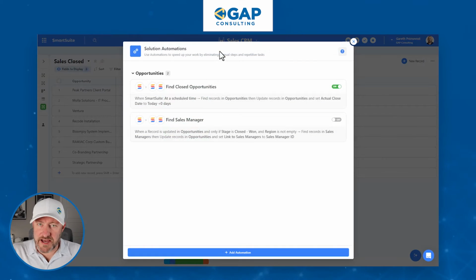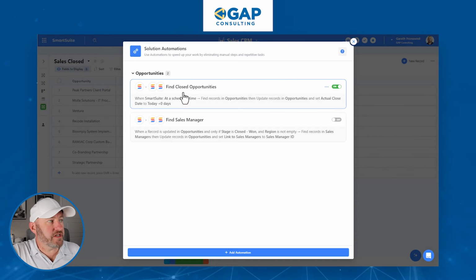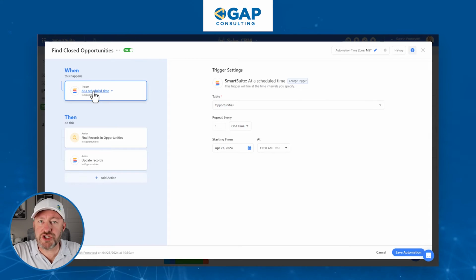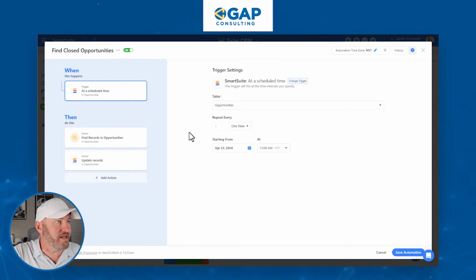Now let's go ahead and try to test this automation to make sure that it's working as expected. In order to do this, what I've done is I've gone in and changed the trigger here. So I set it up to be a one-time event that triggers at a time that was just after when I was ready for this thing to perform. And so then I had to wait just a few minutes for this to automate,